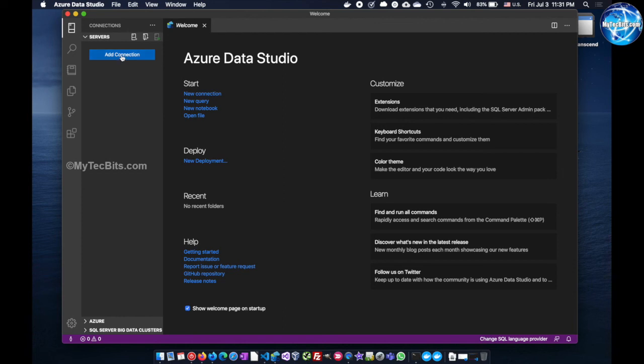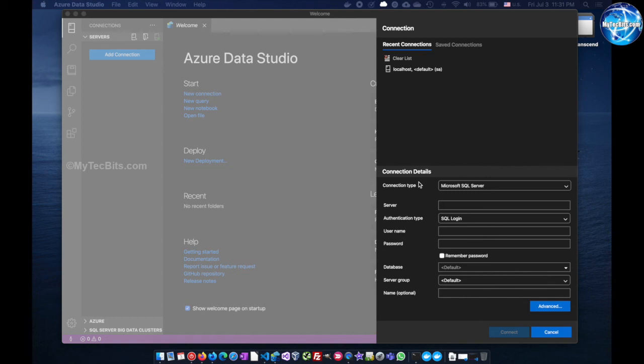Press the New Connection icon in the Servers panel to open the Connection Details panel. For connection details, enter localhost for server, SA for username, and the password you have specified in the run command earlier.